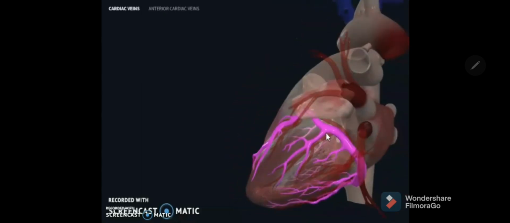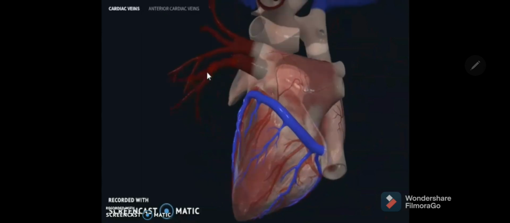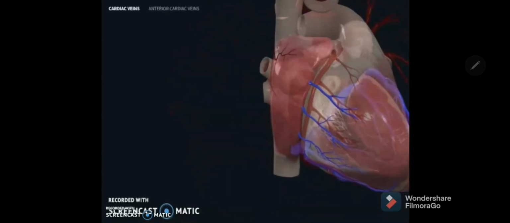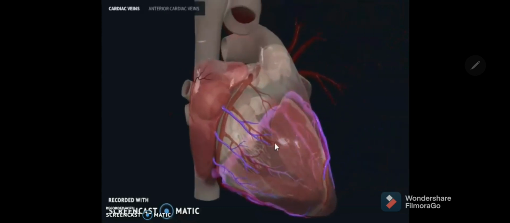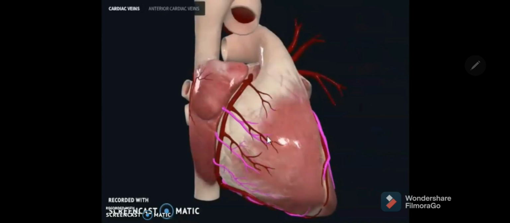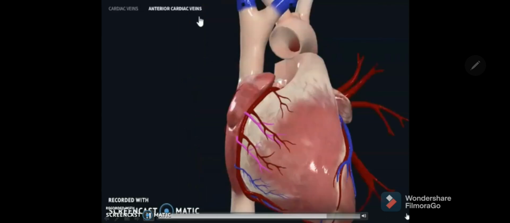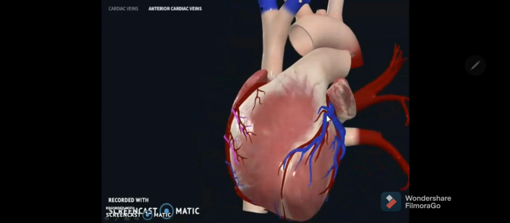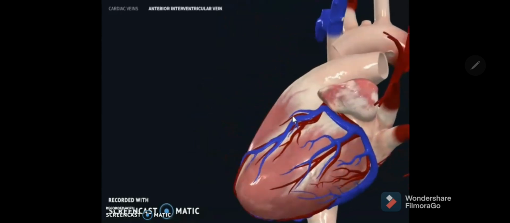and here you can see, yes, as you go to the posterior side, you are seeing the posterior vein of the left ventricle, that is the middle cardiac vein. And here along the margin you may see the right marginal veins, that is these are the anterior cardiac veins. What you are noticing, that is a great cardiac vein in the anterior interventricular groove.